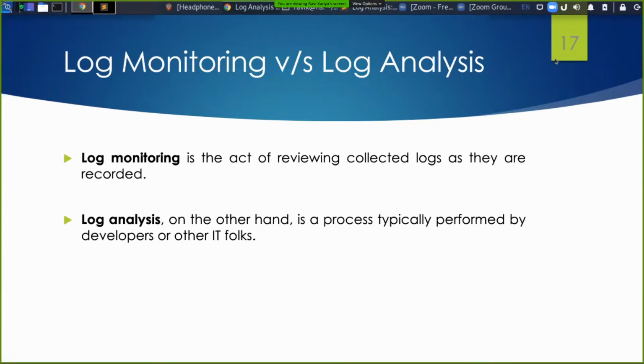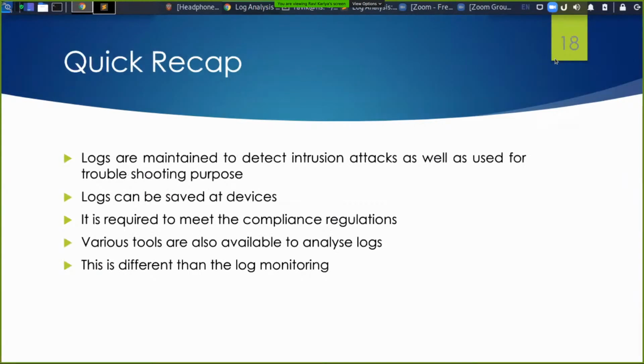It is known as threat hunting and security incident event management. Log analysis is performed manually by developers or IT professionals as part of the incident response team, and some people also do it weekly to understand user behavior and check whether any malicious activity was carried out. So, a quick recap of what we have gone through in this session.